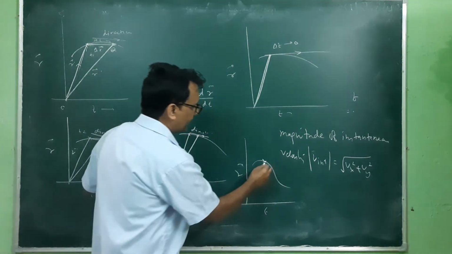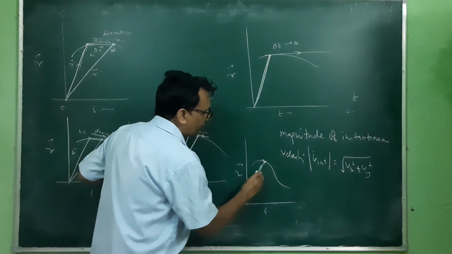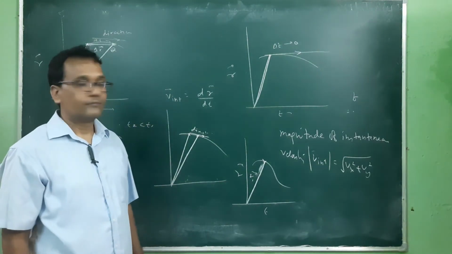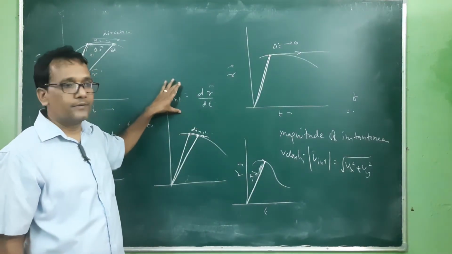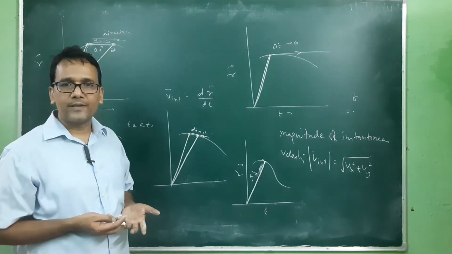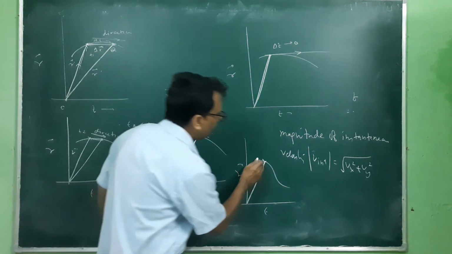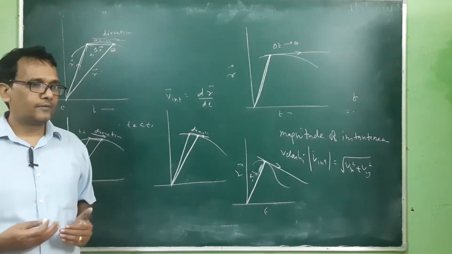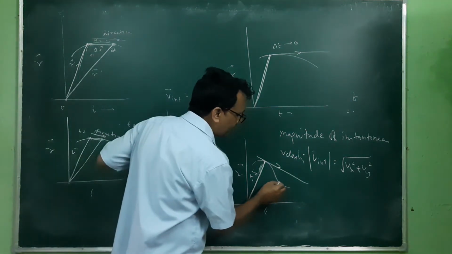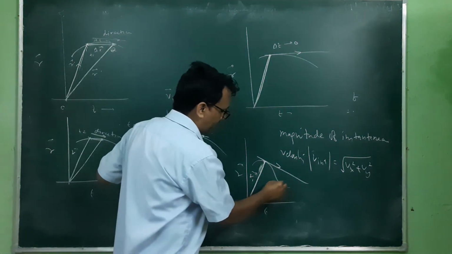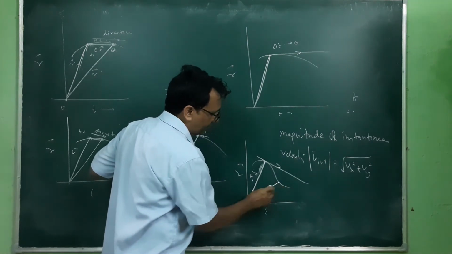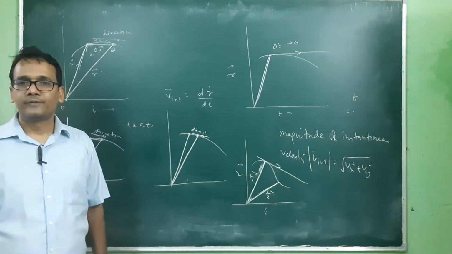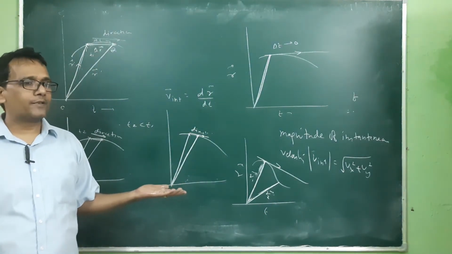So what I will do, I will take that position vector at that particular point. This is r1. I will calculate the differentiation at that particular point. Then that is the instantaneous velocity, and the direction will be tangent to this. I can write the answer. And the second point, if I have to calculate that instantaneous velocity here at this point, then I will take that position vector at this point, and this will be r2. Again I will calculate that instantaneous velocity.